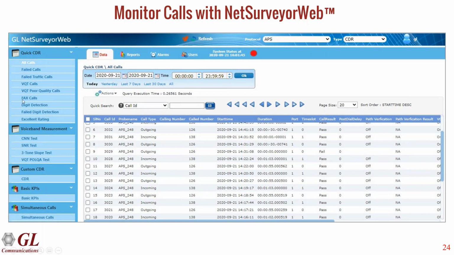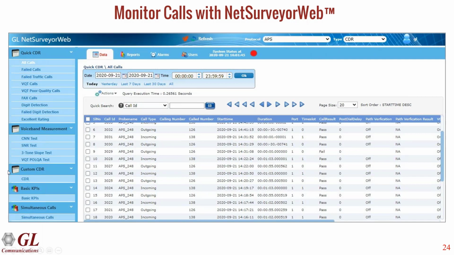You can look at the fax calls and so on. For voiceband measurements, you can view all of them here as well. You can also customize the call detail record: you can click here and generate custom call detail records where you only see certain columns that you're interested in.